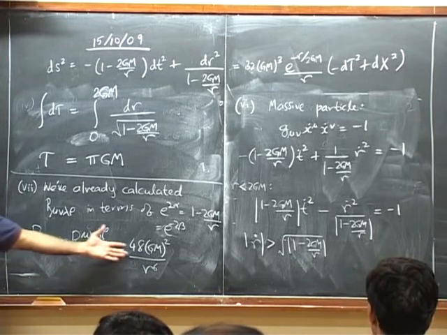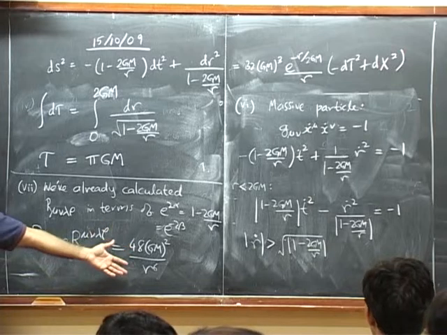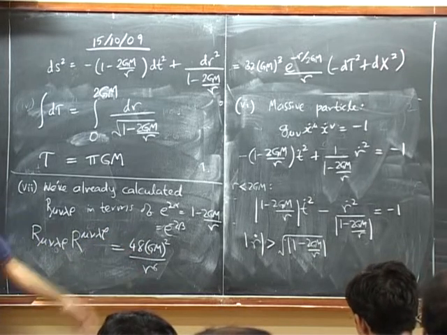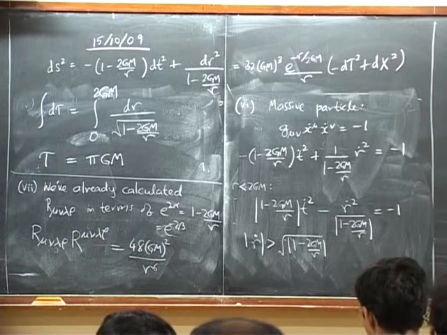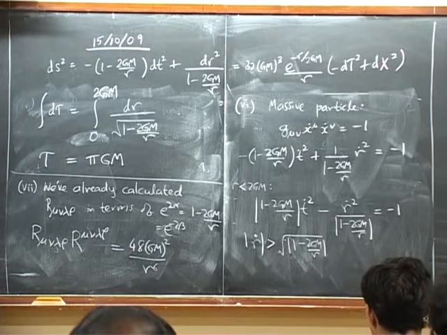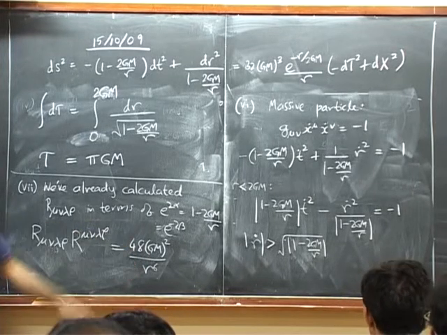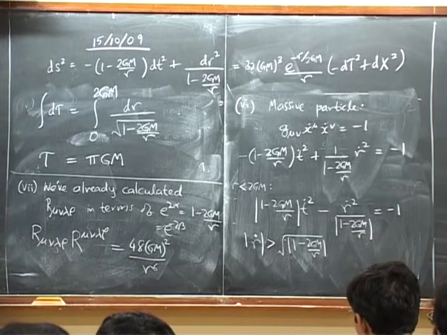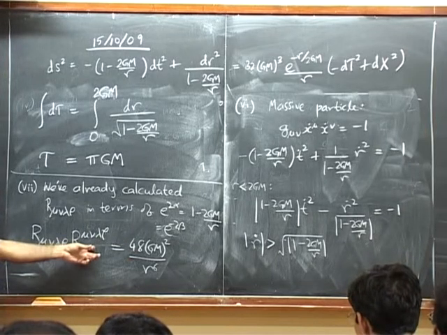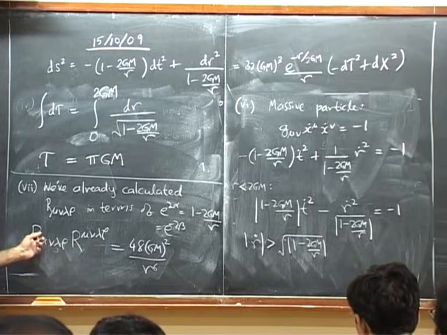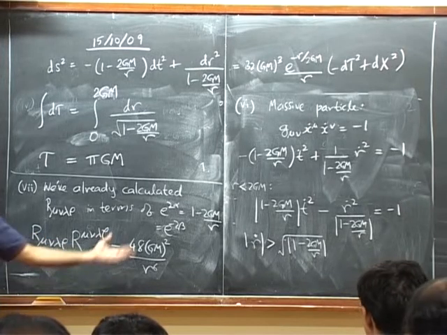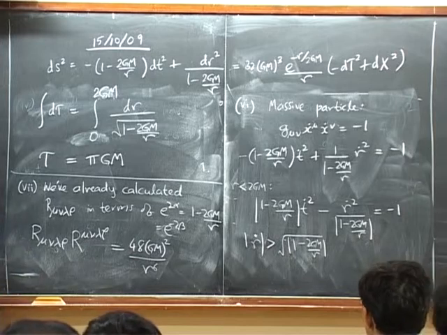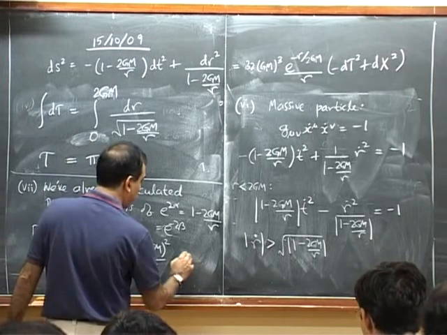And this answer exhibits with crystal clarity that at r equals 2GM, nothing happens except this becomes some number over GM to the fourth. GM is the only length scale in the problem, so the curvature has to become something of order 1 over GM to the fourth, because its dimension is 1 over distance to the fourth. Each of these has two derivatives of the metric, so each of these is 1 over distance squared. So whatever that number is, it's something like 3 over 4 actually. So it's just at r equals 2GM.